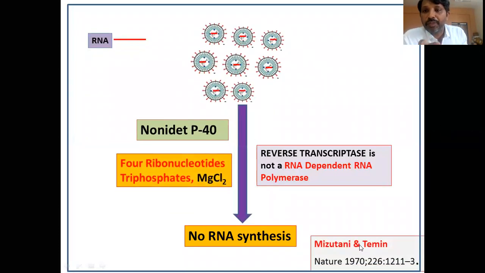So this experiment was conducted by David Baltimore and Howard Temin to prove that the polymerase which they identified in the Rous sarcoma virus or Rauscher murine leukemia virus does not have RNA dependent RNA polymerase activity. That means they used the RNA polymerase assay. For that, what they did,